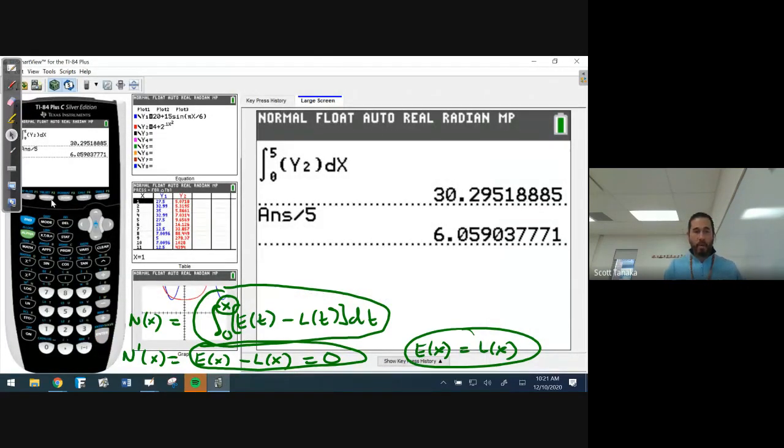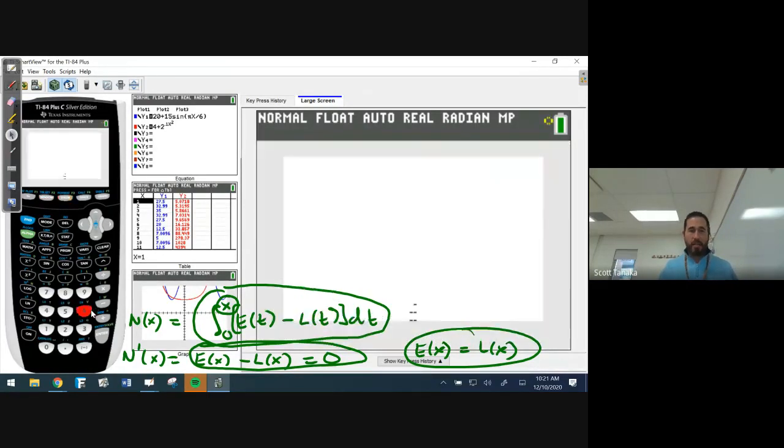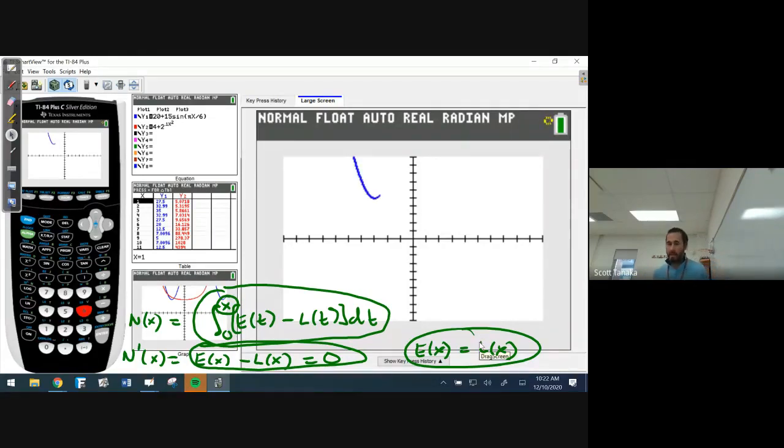Okay? And we're going to hit window. I'm going to hit zoom 6, standard window. It's going to graph both of these. Remember, E of x was y1. Remember, L of x was y2. So they're going to be equal to each other wherever they intersect. Good job, Miss Tracy, I saw it. And they have to intersect in between 0 and 8, right? So if you look, the red one does look like it intersects the blue one between 0 and 8, but